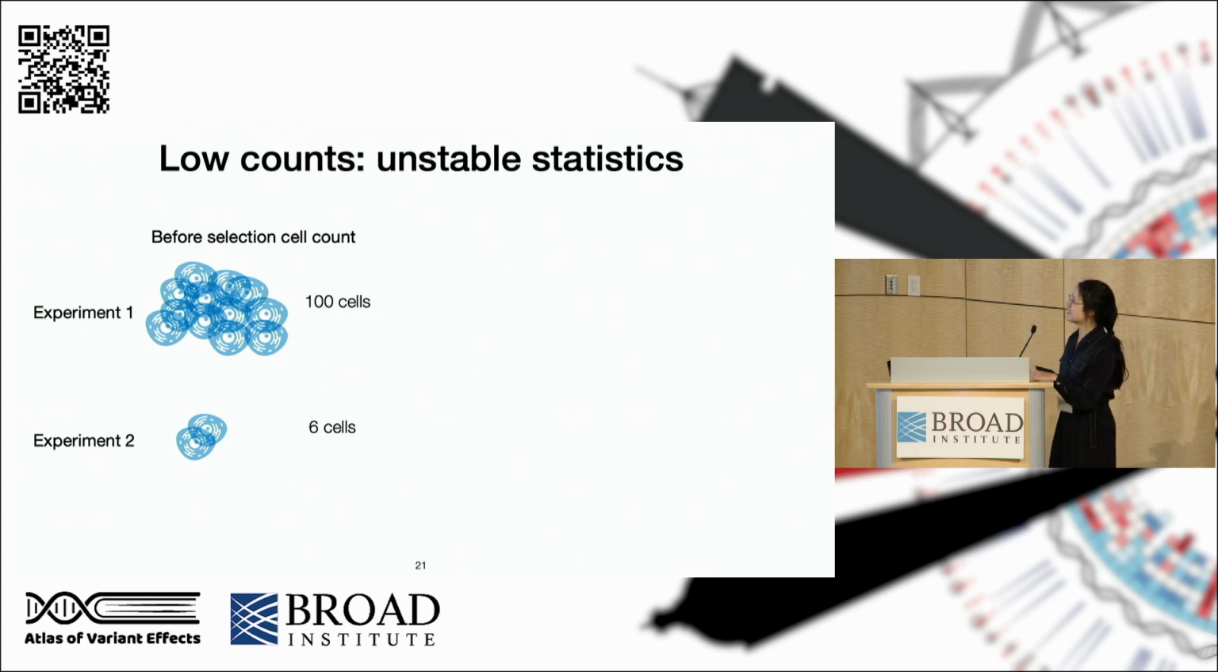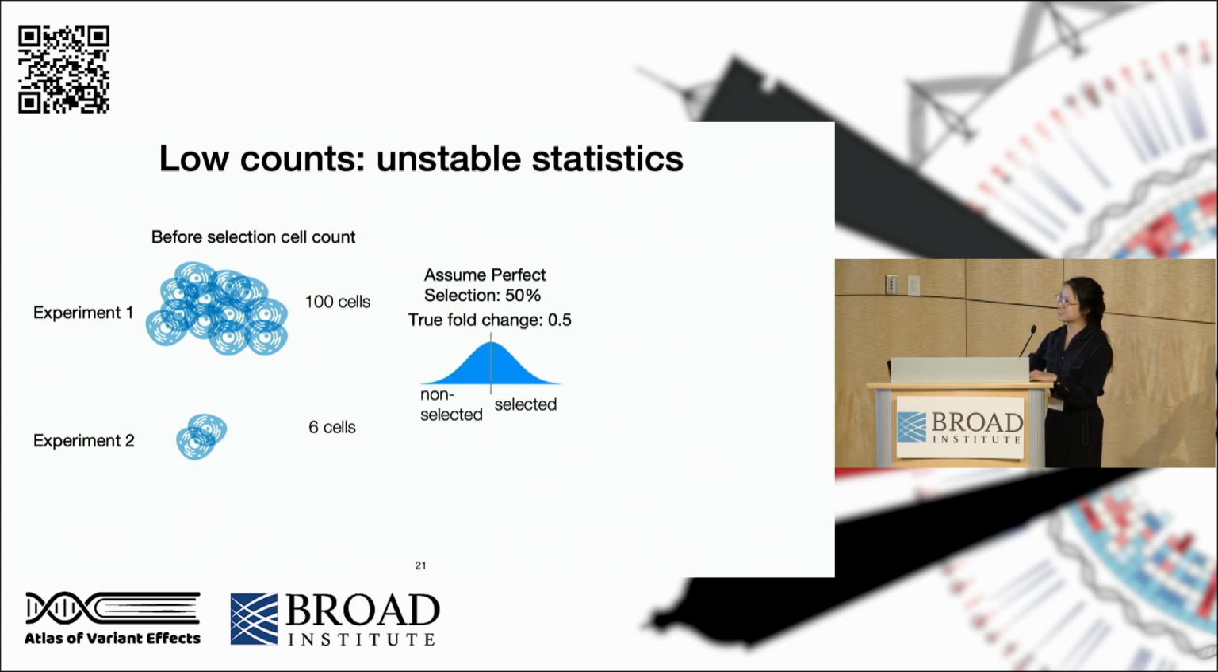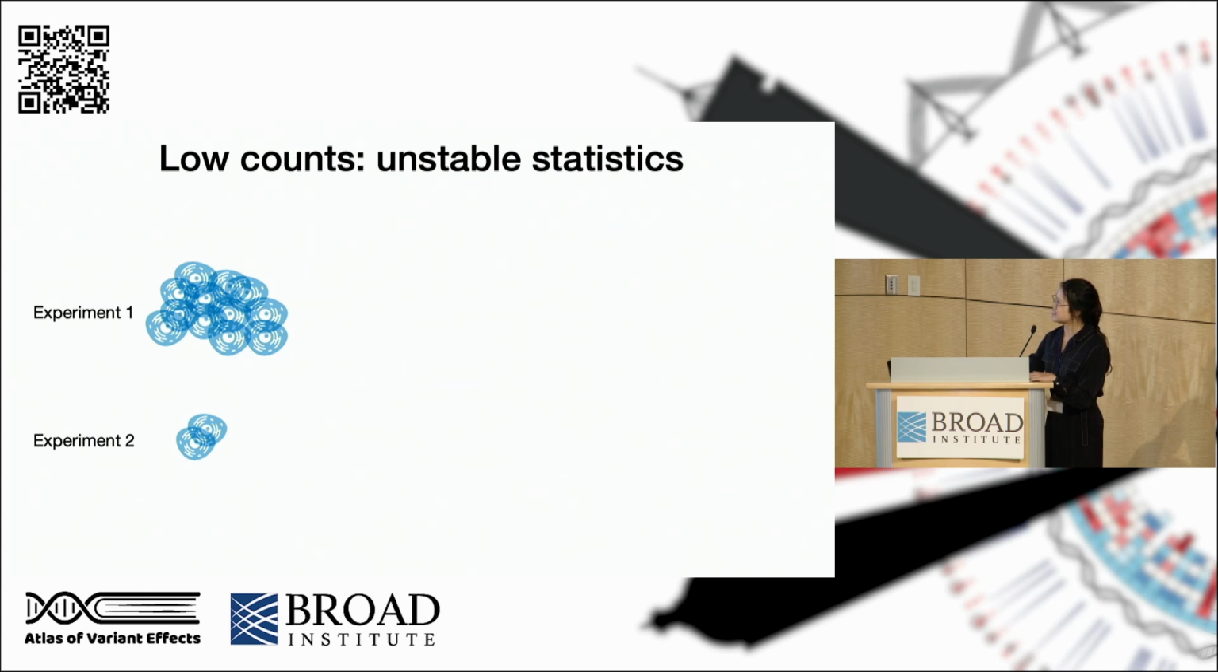Okay. The first scenario, it cannot be simpler, right? Unstable statistics if you have low counts. For example, we have two experiments. One, this blue variant has 100 cells before selection, and the second variant only has 6, right? And we do some perfect selection, no selection bias, hopefully we can select 50% of the cells, right? And after selection the count would be 50 and 3. And then we try to simulate the sequencing using a Poisson distribution 1,000 times